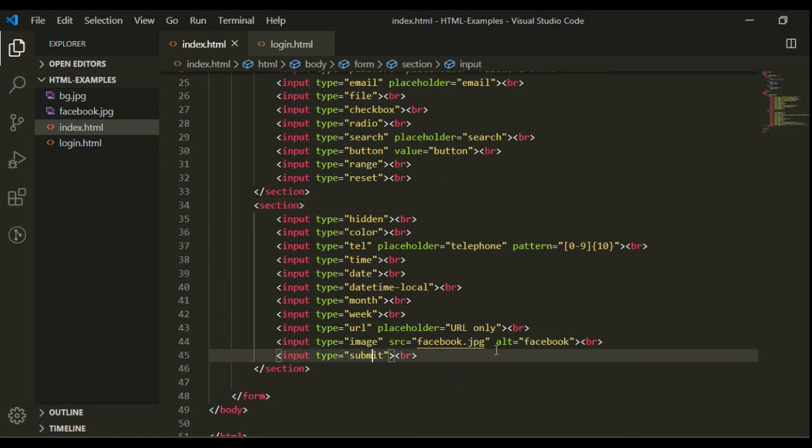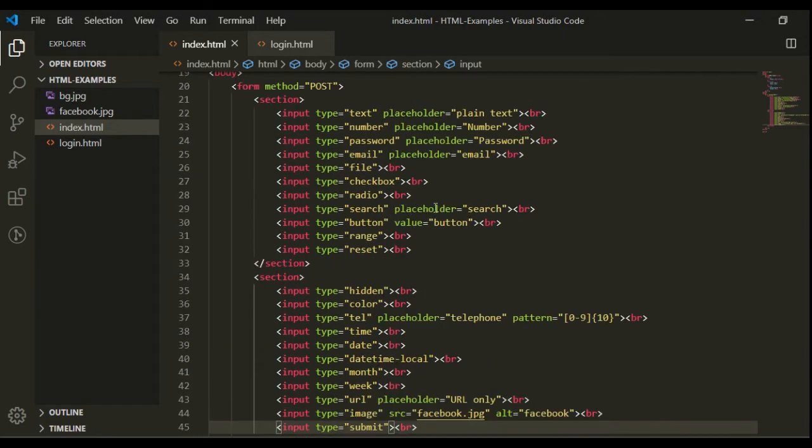So let's try to understand one by one. So what is the purpose of using these attribute values? So first let's see our code in the browser.